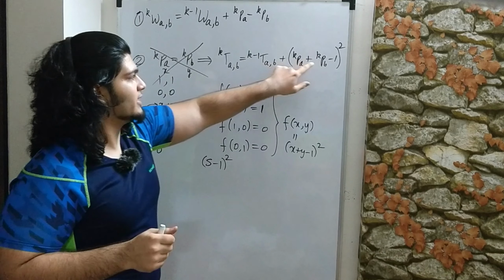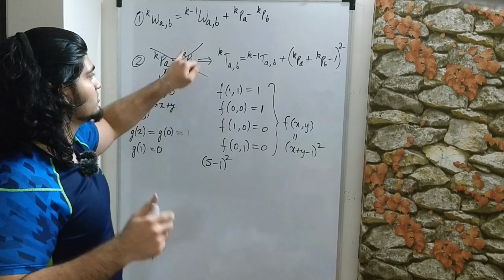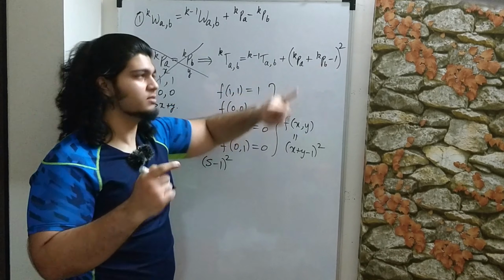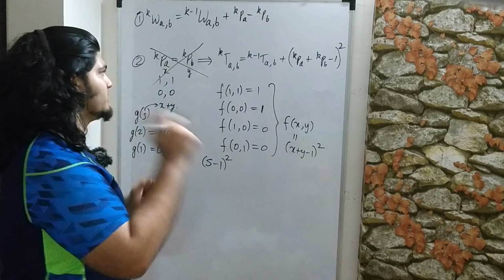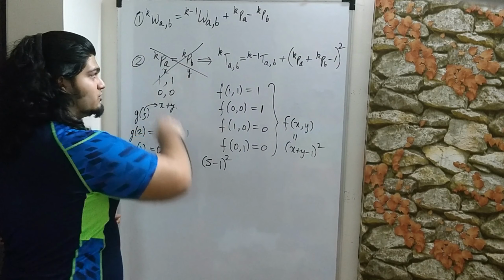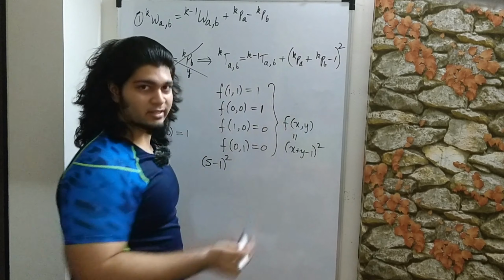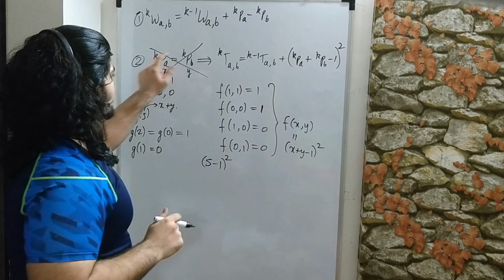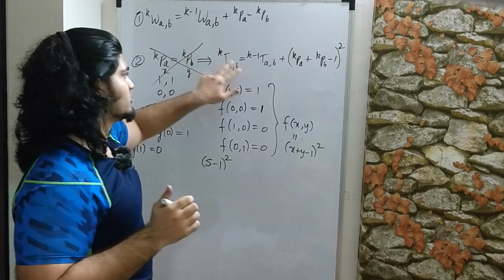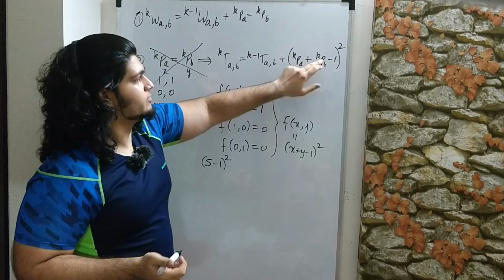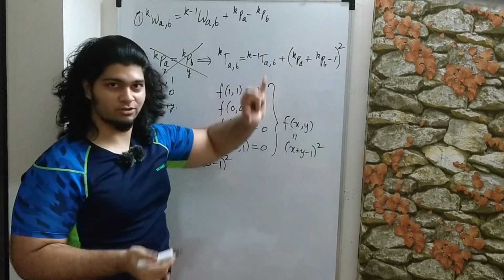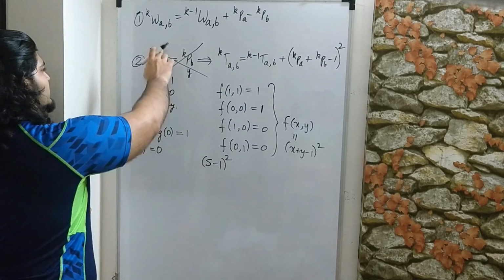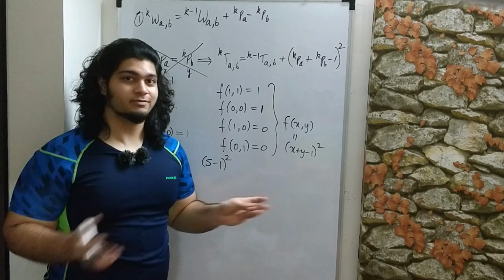So if this is 1 and this is 1, they are same, condition is true. We want this to be incremented by 1. So 1 plus 1 minus 1, that's 1, squared is 1, works. Similarly, if both of them are 0, condition is true. 0 plus 0 minus 1 squared is 1, works. Similarly, if we get 1 0, then we want this to remain the same. So 1 plus 0 minus 1, that's 0, 0 squared is 0. So we are adding 0, remains the same, condition works. Similarly, if we have 0 1, again you can verify for yourself, it works.